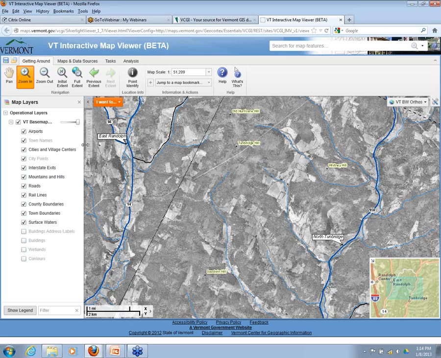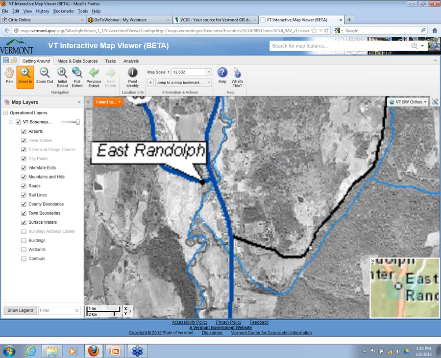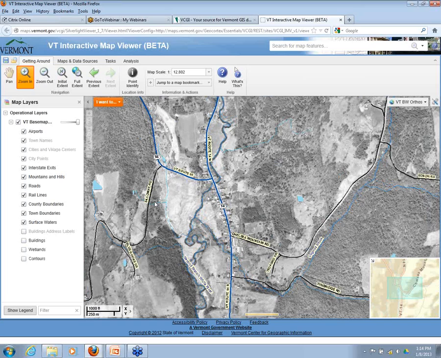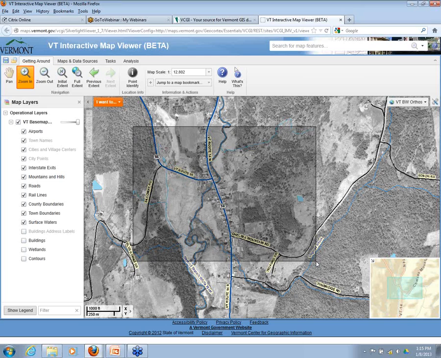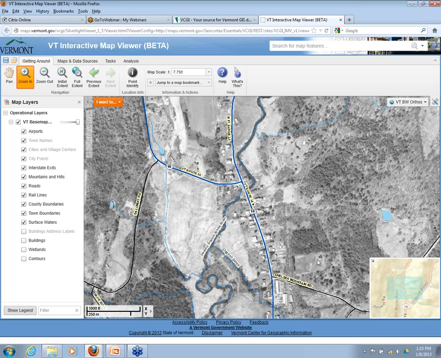So we've got the slider bar, which is always here, but we can also zoom in, just like in an ArcGIS program or another GIS program, by drawing a box. And the way that I'm drawing that box, for anybody that's not familiar with this way of zooming in, is I'm right-handed, so I start in the upper left corner. You can start anywhere you want. I push down on my left button. I drag my mouse until the box is about the extent that I want, and I let go, and it zooms in to approximately that